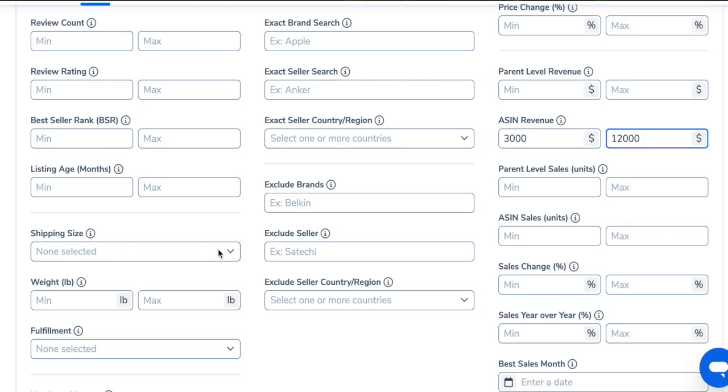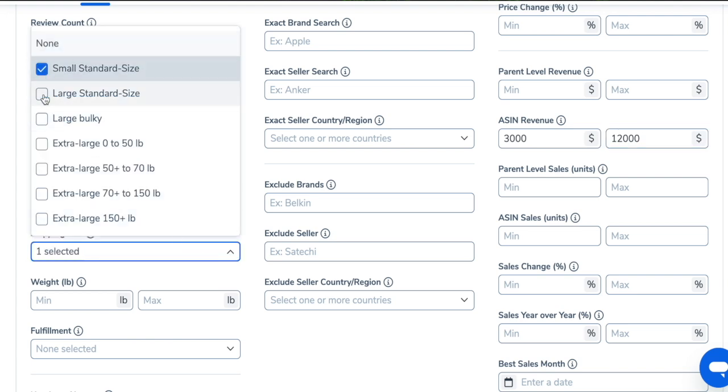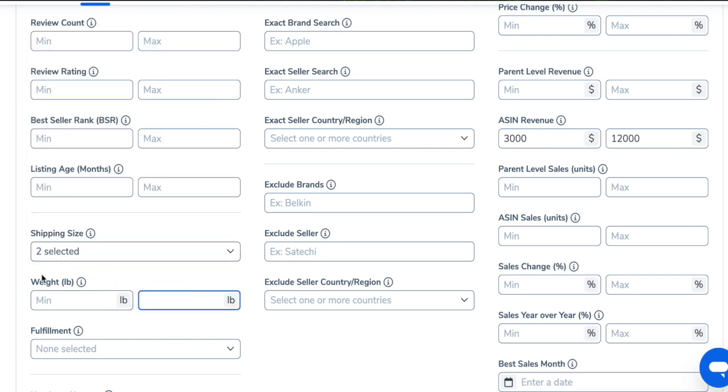These are shipping size and weight. To select the shipping size, choose just small standard size and large standard size, as these are the cheapest FBA fees. If you are selling in the USA, then your Amazon fees will be calculated on something which is known